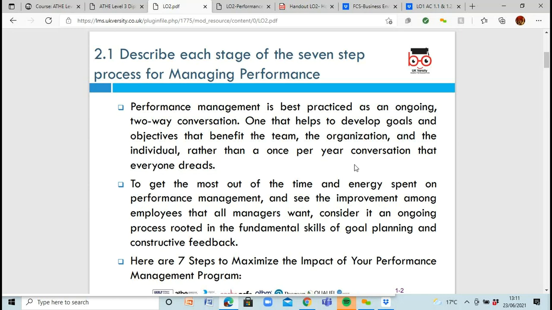So it's continuously happening, that there's always goal planning and there's always constructive feedback. So you're giving feedback to someone, but you're not giving it to them in a negative way where you're putting someone down. So even though you've got a couple of things that you might want to say that are not quite right, you'd use a sandwich approach. Just think of like an Oreo biscuit type thing, where you'd have the chocolate base on the outside,